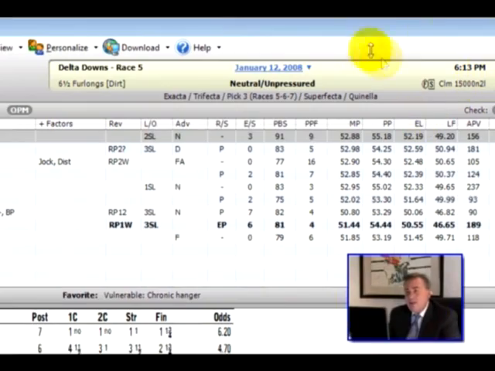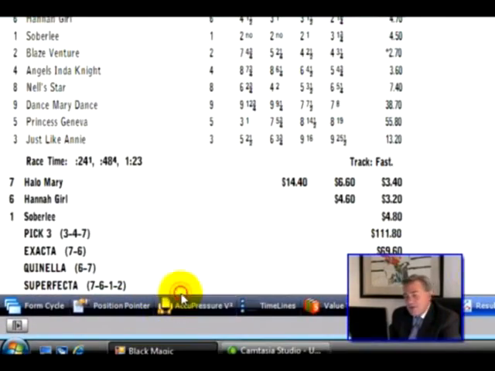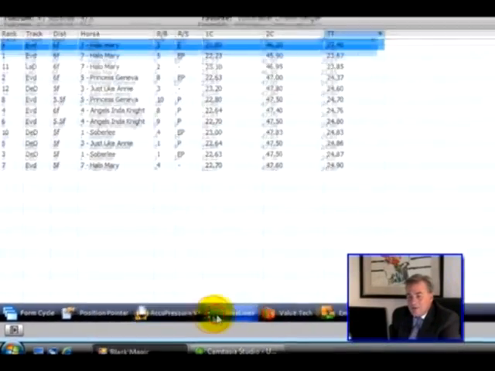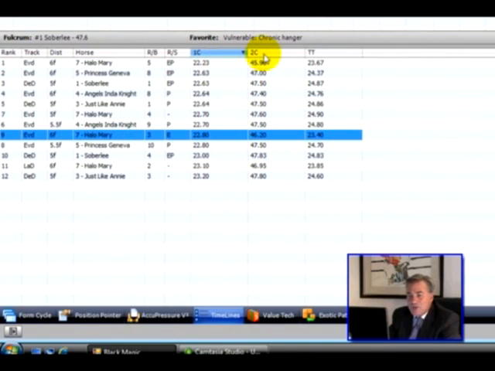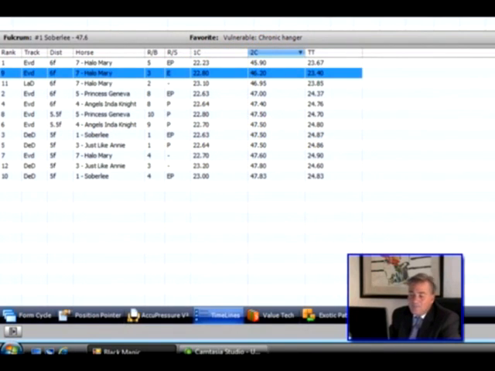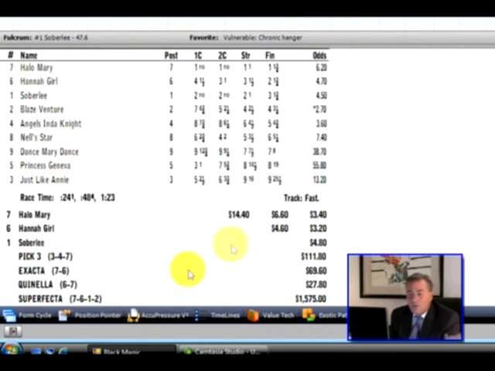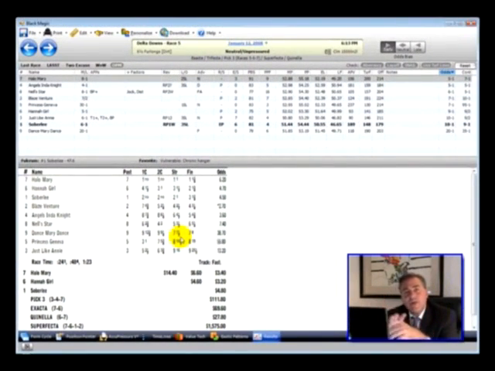This was the horse, Halo Mary, unpressured race. I looked at acupressure. He was on top. I looked at the timelines. He owned a bunch of the fractions, and there he was. That's when I was there. He paid $14.40. But what I'm pointing out, though, is that in a very simple way of using this, forget about all the bells and whistles,